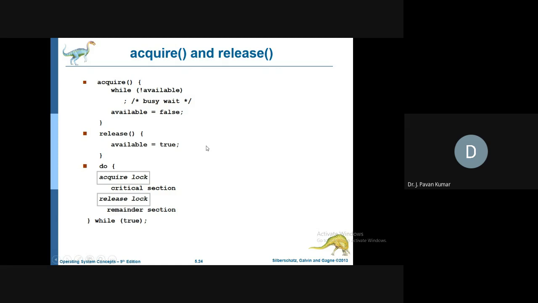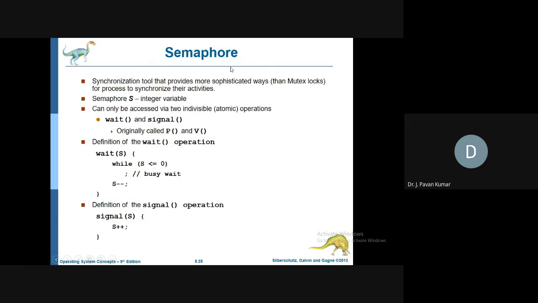In extension to this, we have the semaphore. A semaphore is basically an integer variable which specifies whether the critical section is available to use by one process or not. There are two atomic operations defined on the semaphore: wait and signal.